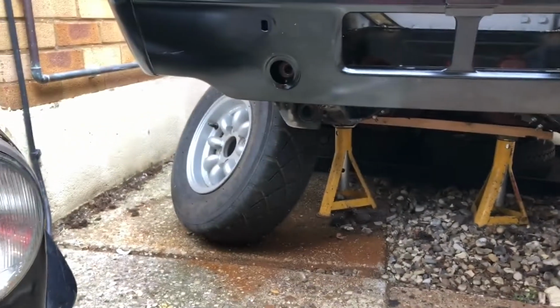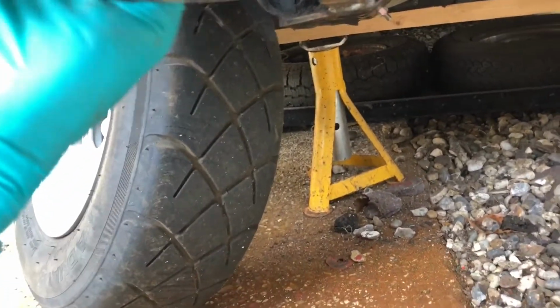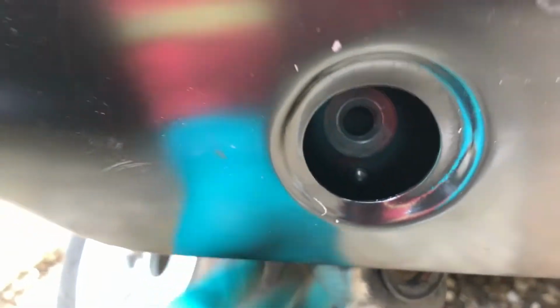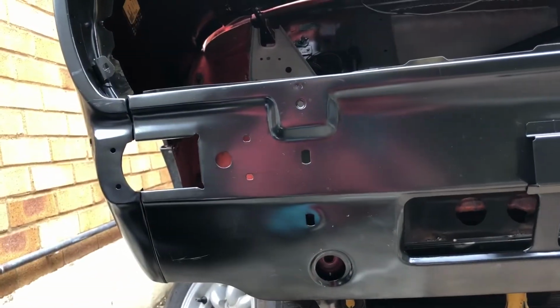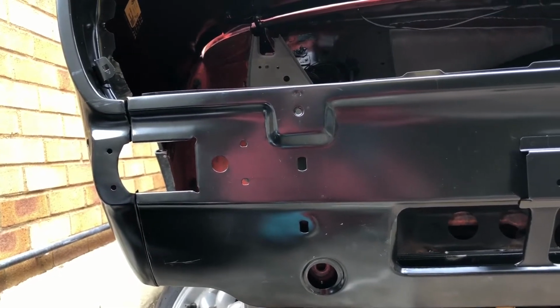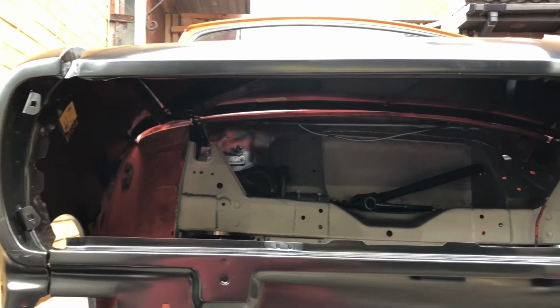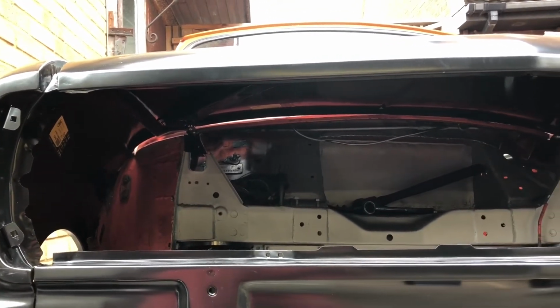There's no way those holes are going to line up. I mean, they're miles out. I mean, down through this one here. Where is the camera? Camera bit's there. I mean, you can't even see the hole. It's so far out. It's diagonally that way to get the front bits lining up. So I mean, that's not great. I think I'm going to have to pull the original scuttle off, tidy up the edges,